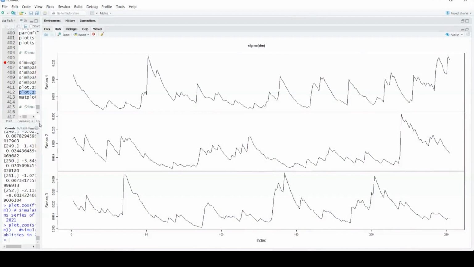I cannot comment on which one you should have. It depends upon your objective, or the context where you are working. But in my understanding, I should take the first series because that has smoother volatility in comparison to the other series. So this is my understanding.